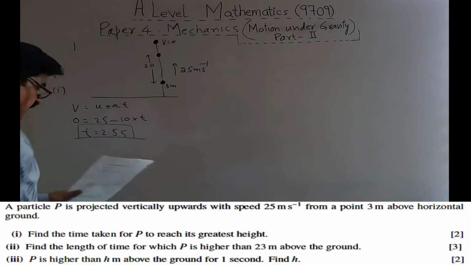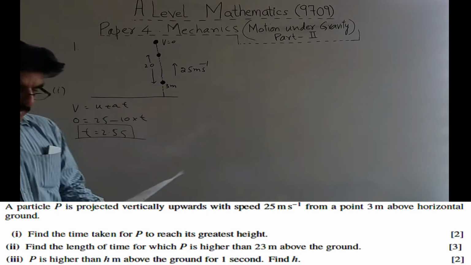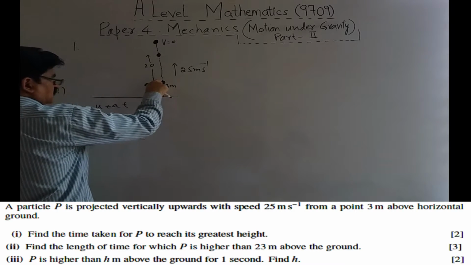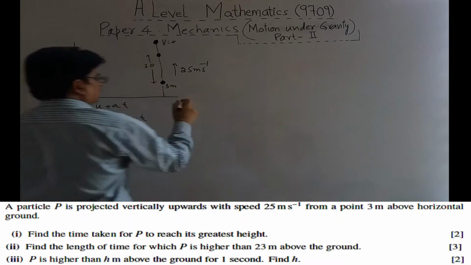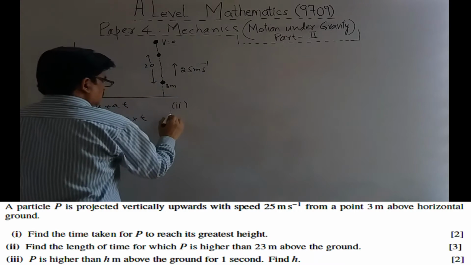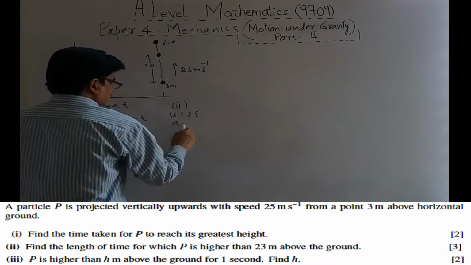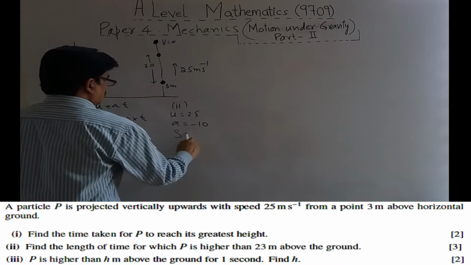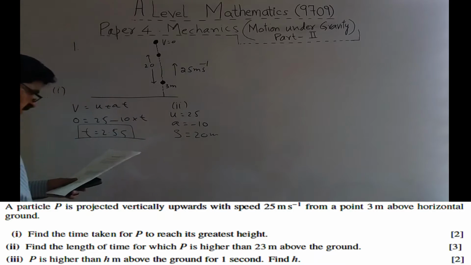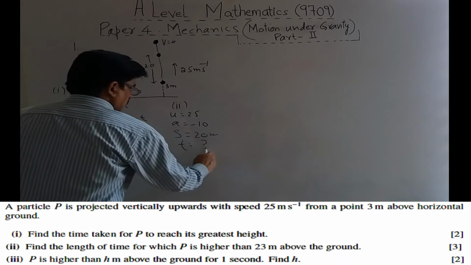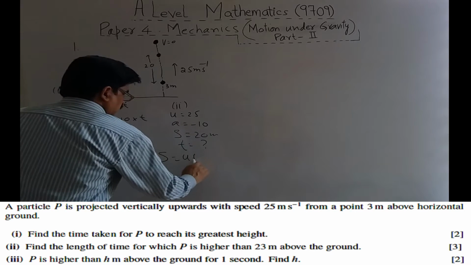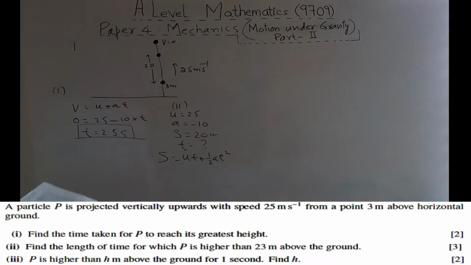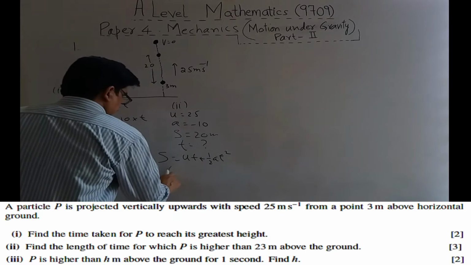So the question is, find the length of time for which P is higher than 23 meters. If we start from here, this distance will be 20 meters. So for this second part, you have initial velocity 25, acceleration again minus 10, free fall motion, and distance you are given is 20 meters. We are asked to find the time. Applying the equation of motion, S is equal to ut plus half at square. Putting the values and simplifying, you will get the values of time to be 1